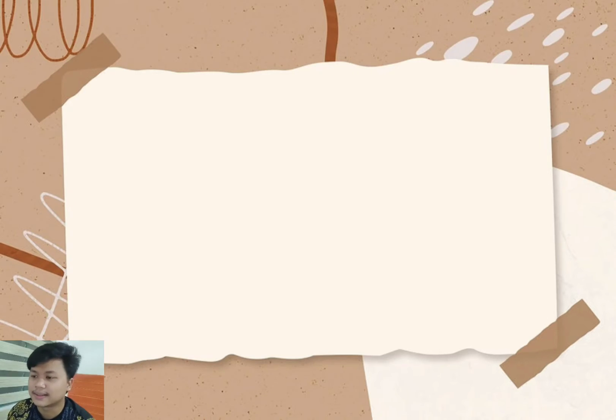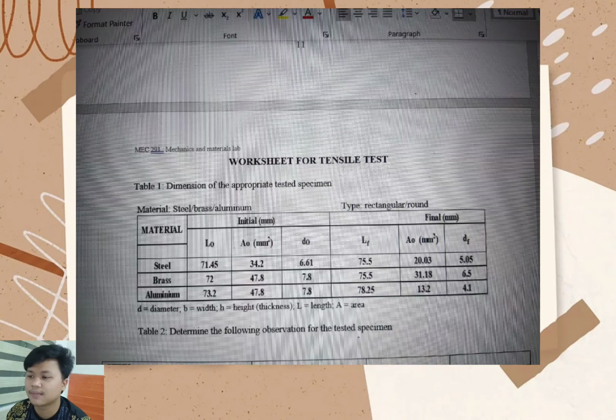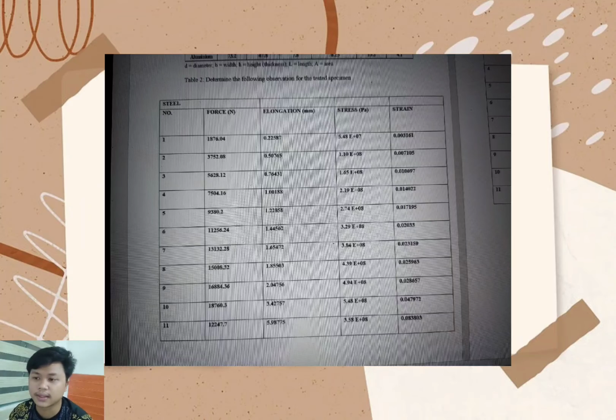Okay, let's go to the result. As you can see at table 1, dimension of the appropriate tested specimen. The material that we're going to use is steel, brass and aluminium. And you can see all the values for the initial and final that I have filled up based on the table set 2 given by the lecturer. So at table 2 also you can see all the values that we got from the table set 2